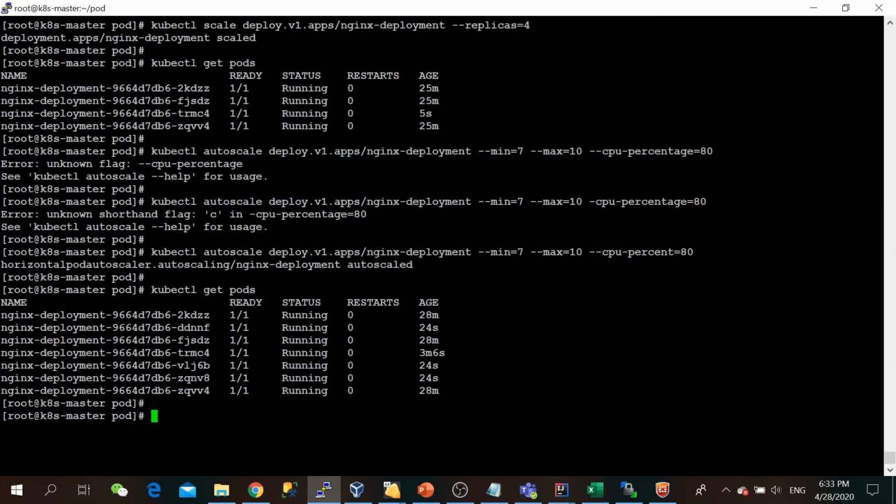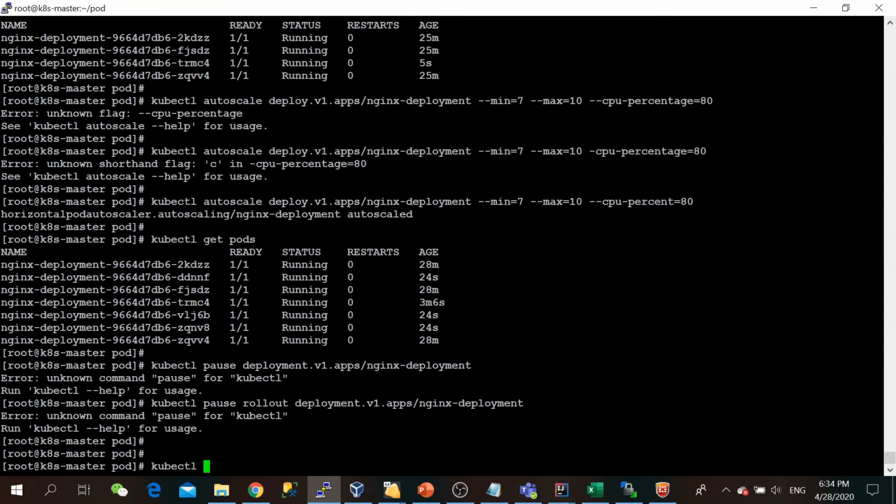Now let's move to another topic, that is pausing and resuming. Whenever we upgrade anything in a deployment, whenever we do a rollout, there may be chances that we make some mistakes or we want to avoid some unnecessary rollout. What we can do is pause the existing rollout update. We will fire all the update commands and later on we will resume it. How can it be done? Let's see.